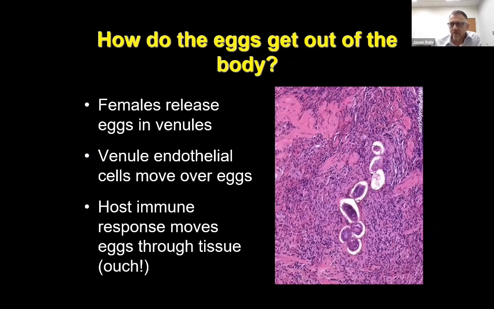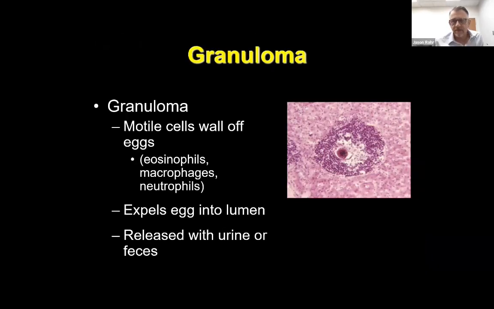And what was discovered was that most of the eggs are forced through the human body tissues by the inflammatory response initiated by those eggs, which is associated with the immune system. So the host immune system is what forces those eggs through the tissues and then eventually into the fecal material or the urine. Many of these eggs actually don't ever get out of the body. About 1/3 make it out of the body, and about 2/3 are actually successfully attacked by the immune system